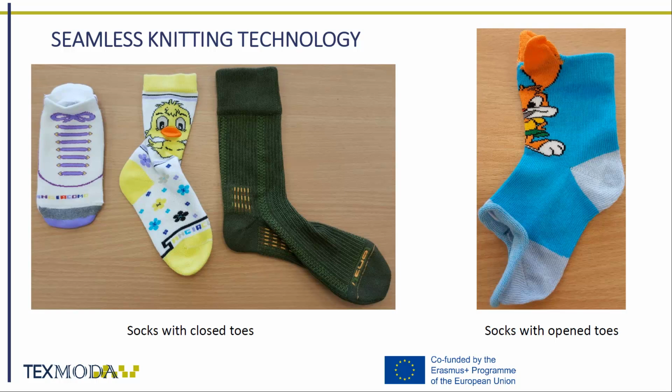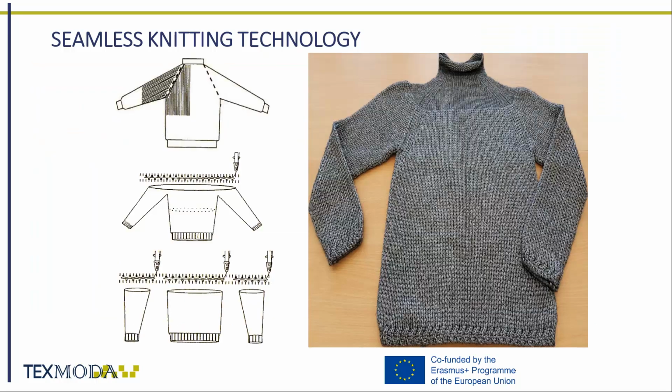A sewing operation takes time, and moreover, it usually requires additional turning out to the left and later on to the right side. The shape and size of a seamless garment knitted on a flat knitting machine can be changed by changing the number of knitting needles, transferring loops from needle to needle, as well as by changing the knitting pattern. Garments of different sizes can be knitted on the same knitting machine. The whole garment can be knitted without any seams, and it generates up to 1% waste, mostly yarn ends.